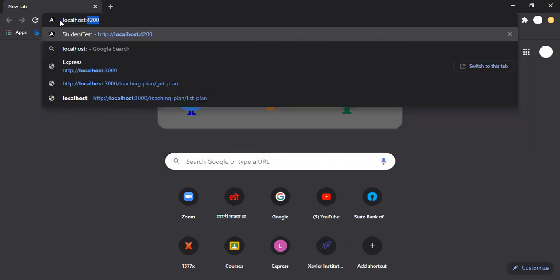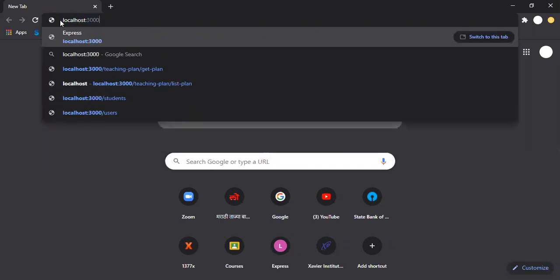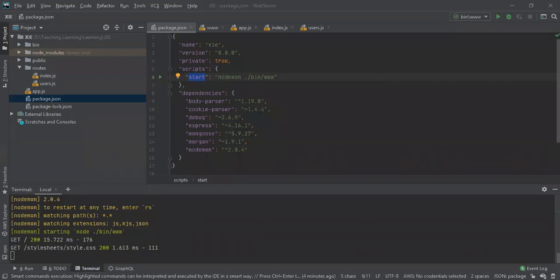It will be localhost colon 3000, that is the port number, and it says, okay, Express, welcome to Express. So this is how you can create an Express project using WebStorm. So this is our first part.